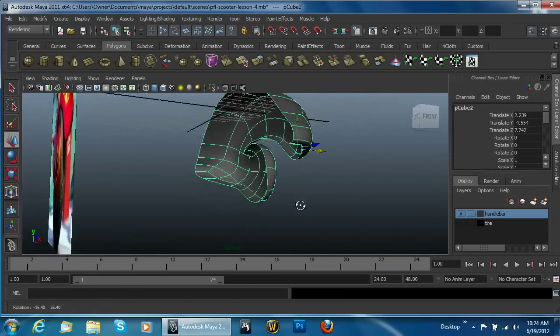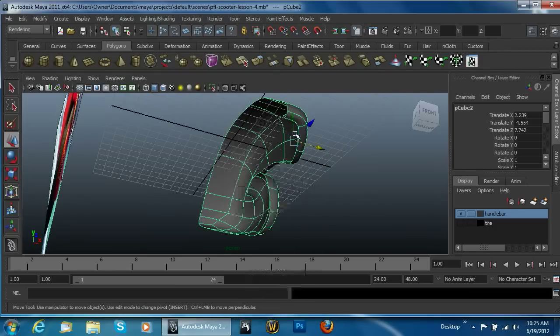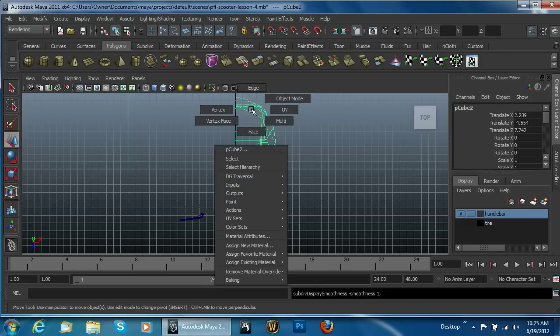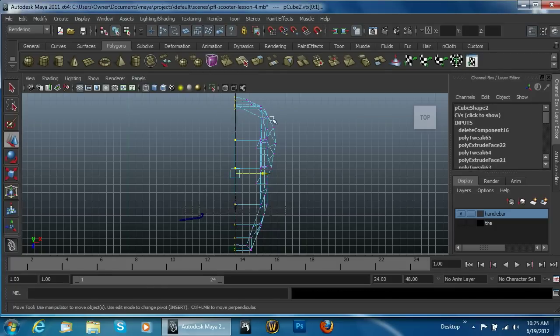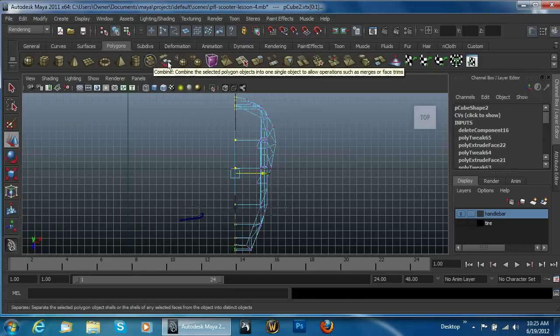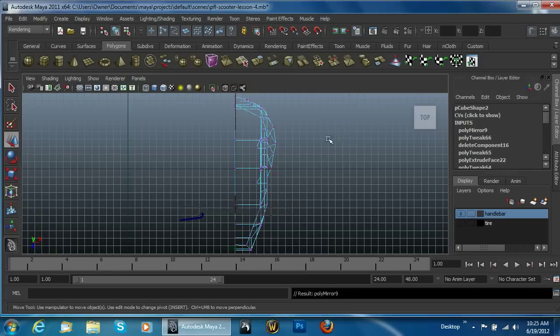Now, the only thing that's really left to do on this thing here is to kind of create both sides of it. And if you've seen in the last couple lessons, I've had some trouble getting the objects to mirror over the right way. I don't know what the deal is, but I think it's because they just do not line up the right way for some reason. But there is a way to get them all to the x-axis. I just don't remember exactly how to do it. And until I figure that out, I don't want to mislead y'all. So what we'll do is go ahead and hit mirror geometry, and